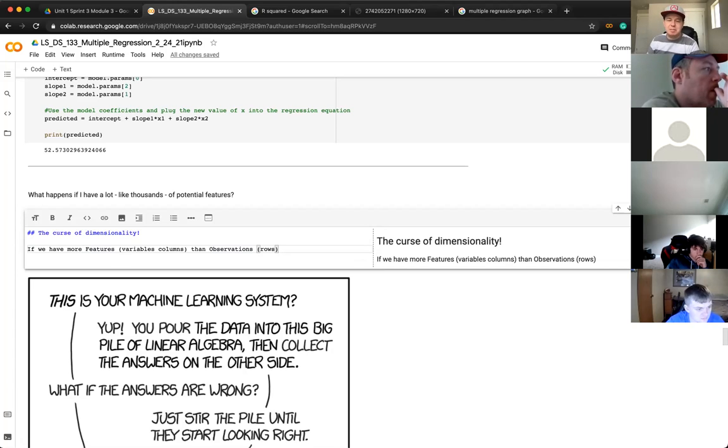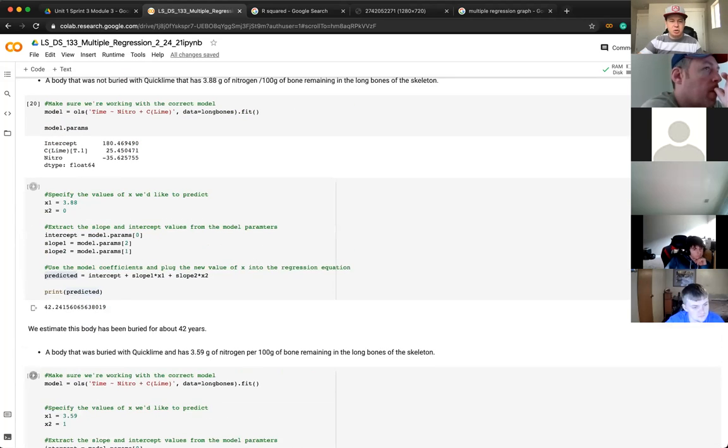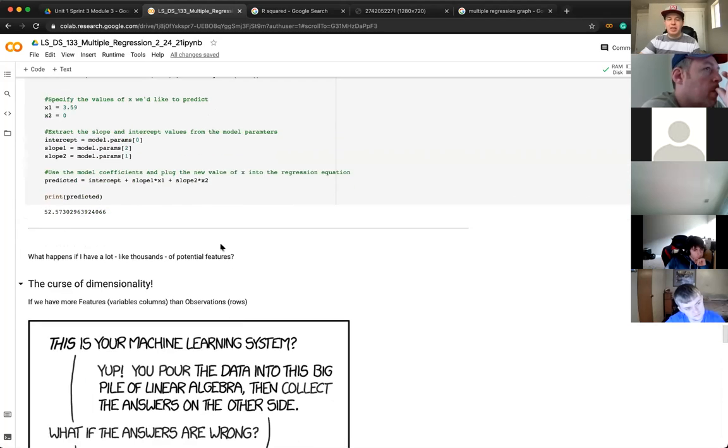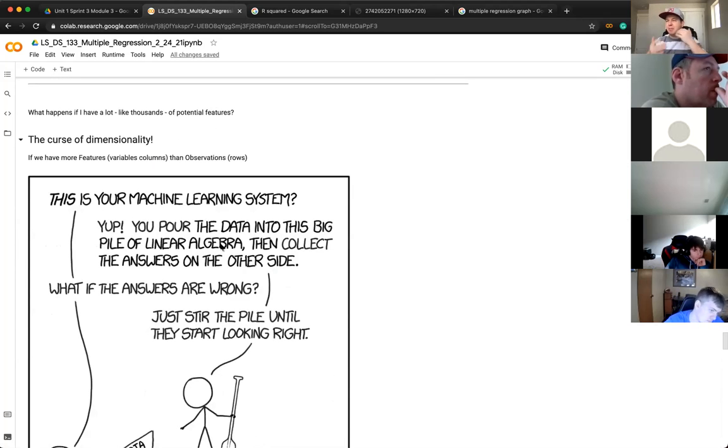The curse of dimensionality means, when I include a new feature in my model, like lime, well, then my model got more complex. It became parallel lines, and with interaction terms they could cross. If I were to include logarithmic or exponential terms, then my regression lines could actually have some curve to them. They could fit nonlinear shapes. And so if I include tons and tons of x variables,